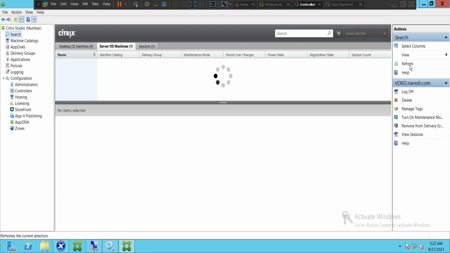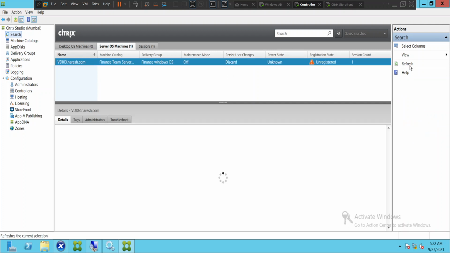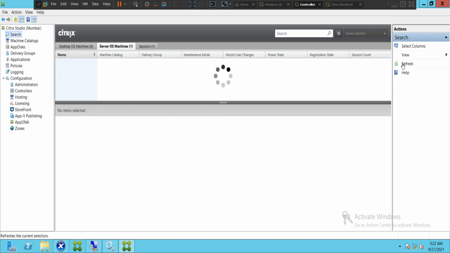Let me click once again. So once the machine is on, if it is still in unregistered state, then you have to dive deep and see why it is still in unregistered state.